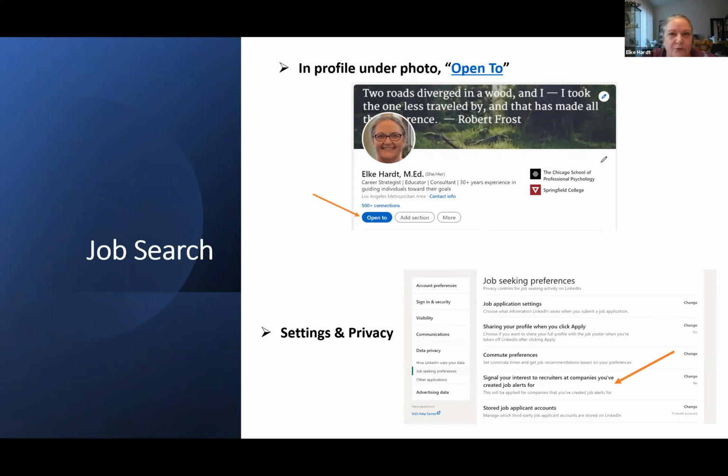And what's really cool is if you go to your settings, your privacy settings, and then you go to job seeking preferences, towards the bottom, it'll say this: signal your interest to recruiters at companies that you've created job alerts for. So I created a job alert for Chicago School and one for Korn Ferry, right? For the purposes of this workshop. So if I go in here and say yes,